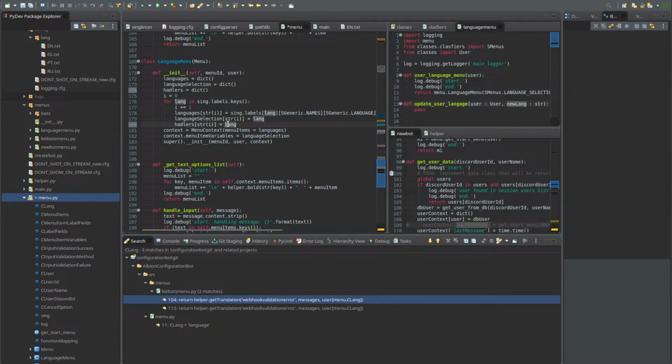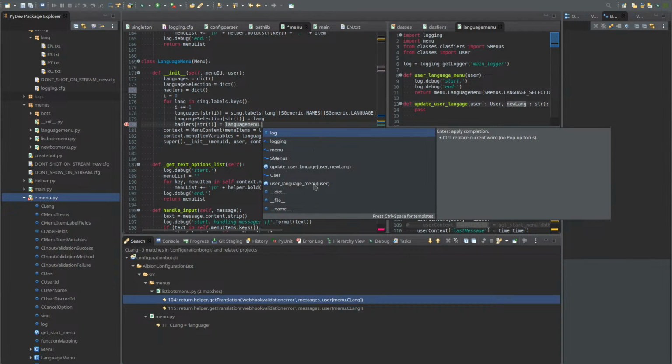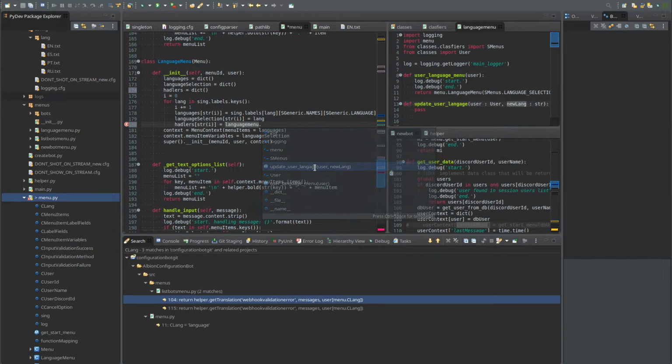And I assign the same function, language menu, and the name is update user language. So this is just a reference to that method. And here,